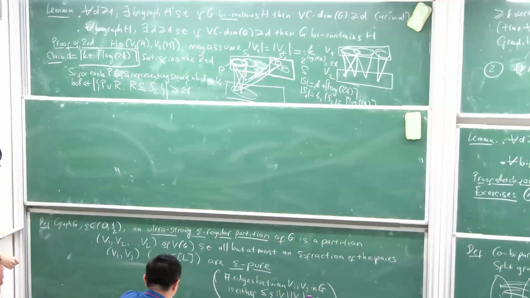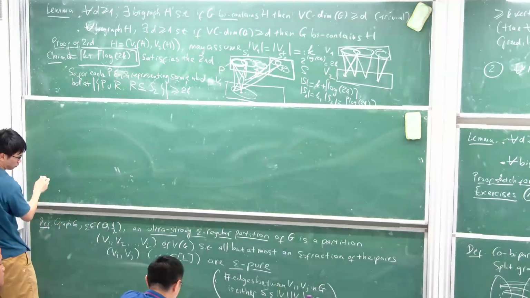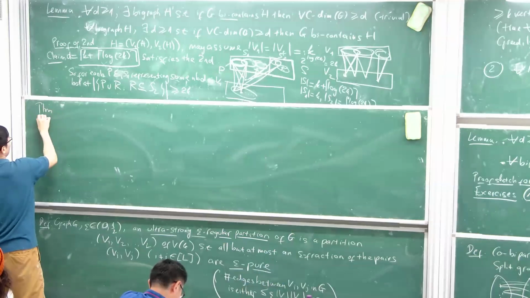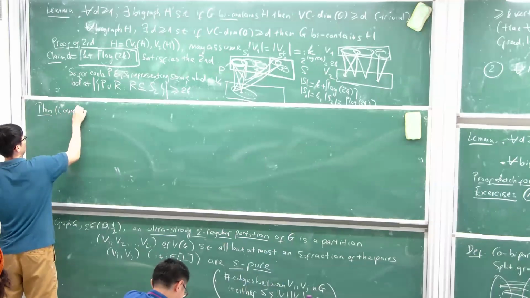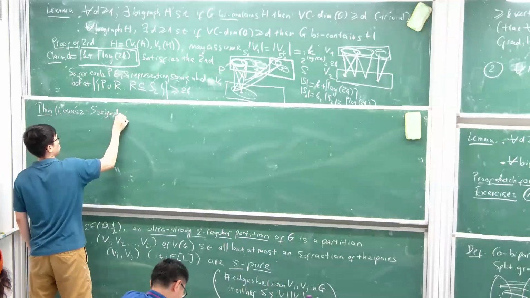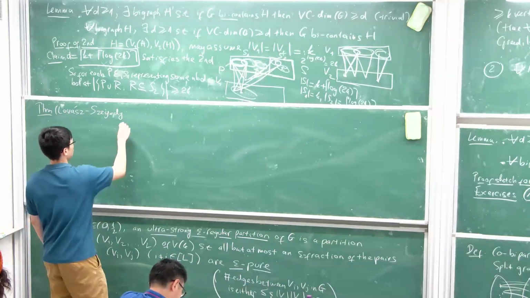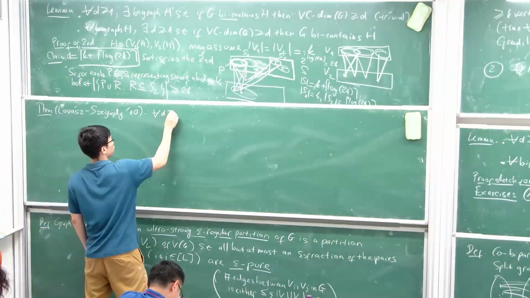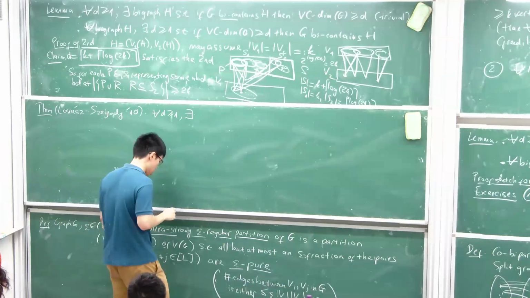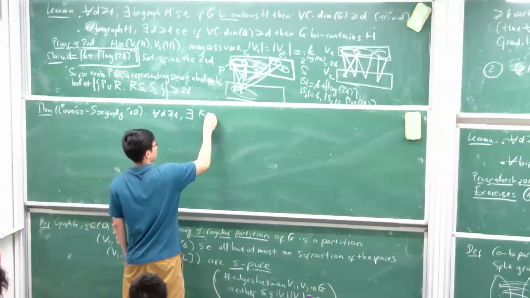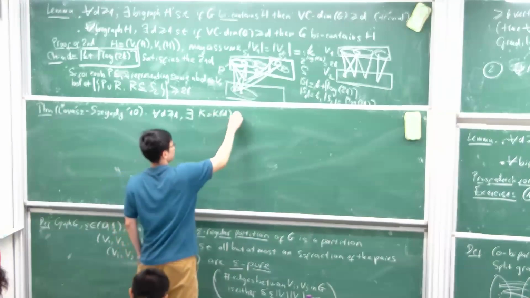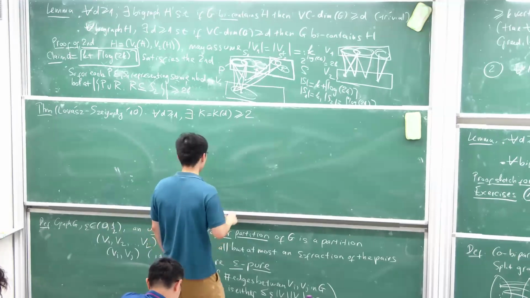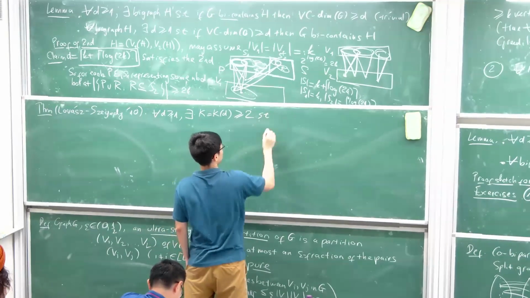So here's the ultra strong regularity lemma for bounded VC dimension by Lovász and Szegedy. The theorem says: for every epsilon, there exists a K such that